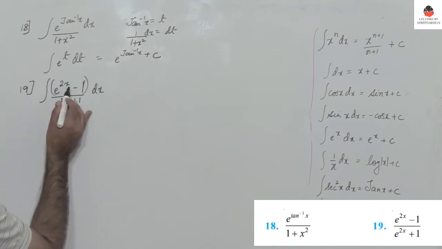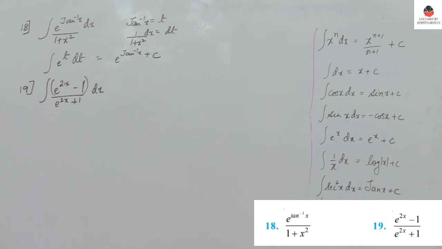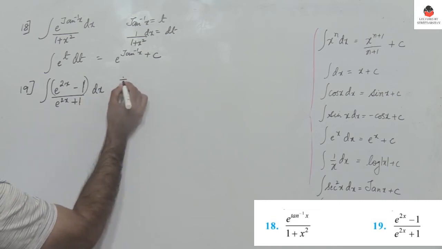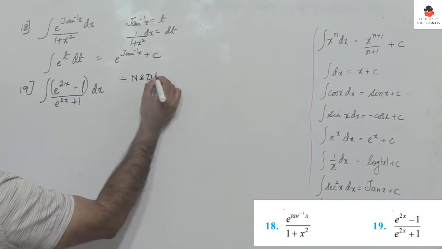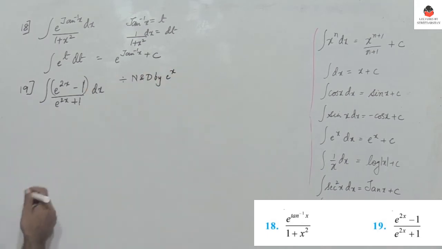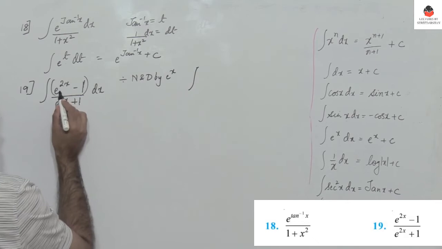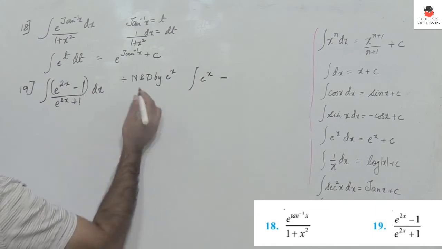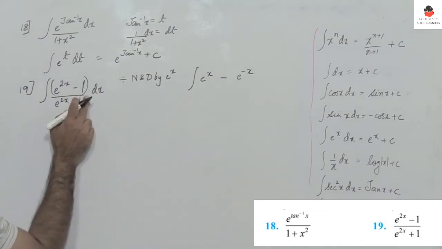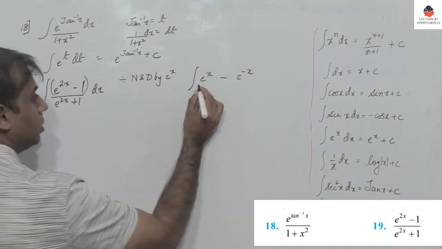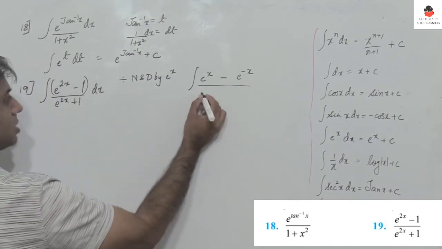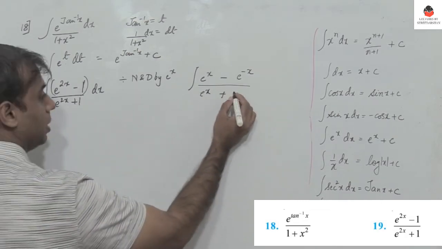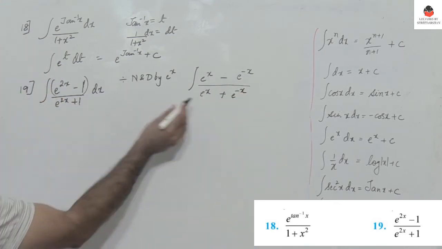So here you have e power 2x minus 1 divided by e power 2x plus 1. In such a case, what can be done is divide both the numerator and denominator by e power x. So when I do that, you get integral, I divide e power 2x by e power x, so you get e power x minus e power minus x. So you get 1 by e power x, which I am writing as e power minus x, divided by e power 2x by e power x is e power x itself, plus here 1 by e power minus x is e power x is e power minus x,